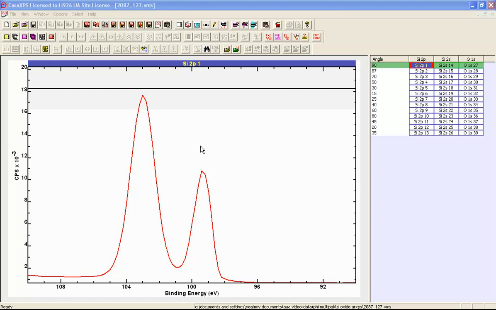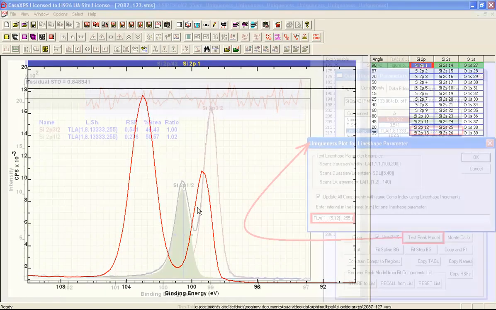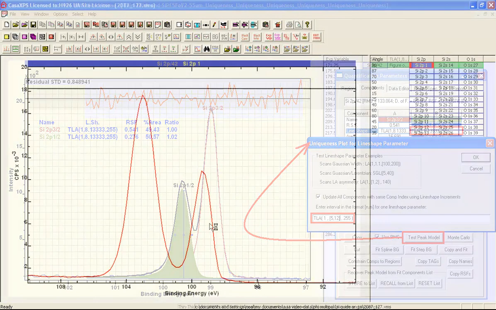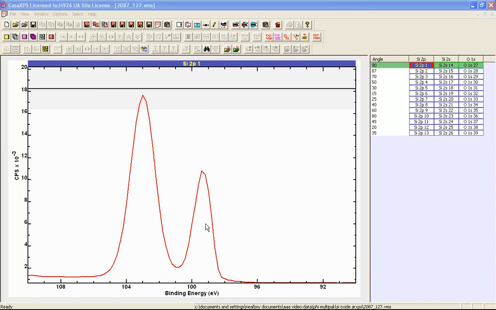case the silicon 2P have peaks that are narrower than the resolution of the instrument. So what we're seeing in the case of the silicon 2P are predominantly the shapes that are a result of the instrumental factors. There are certain differences we can see. For example, the elemental peak is narrower than the oxide peak, and this is what we would expect, but we don't see any kind of valley between the silicon 2P 1/2 and the silicon 2P 3/2 peaks in the elemental form, and this we would expect to see had we used the correct pass energy for the resolution of these